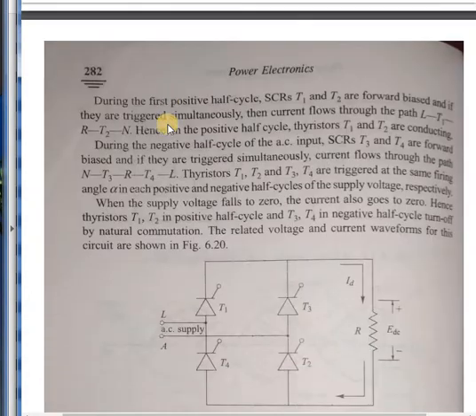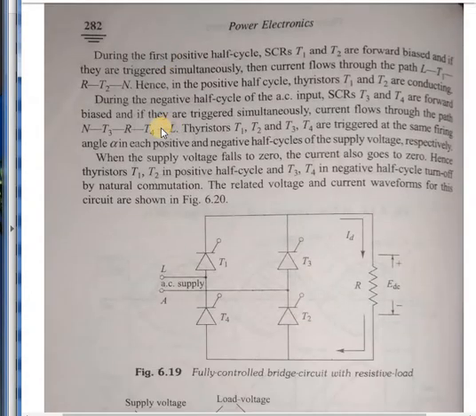Now here is the bridge connection. Bridge connection is commonly used in rectifier and inverter circuits where you are using 4 thyristors instead of 2 thyristors. So each thyristor will be conducting in a particular duration. In the positive half cycle, 2 thyristors will be conducting. In the negative half cycle, the next 2 thyristors will be conducting. So T1 and T2 will be conducting during the positive half cycle, and T3 and T4 will be conducting during the negative half cycle. Till the current falls to 0, T1 and T2 will be conducting. Then in the next negative half cycle, T3 and T4 will be turned on, and the others will be turned off by natural commutation.